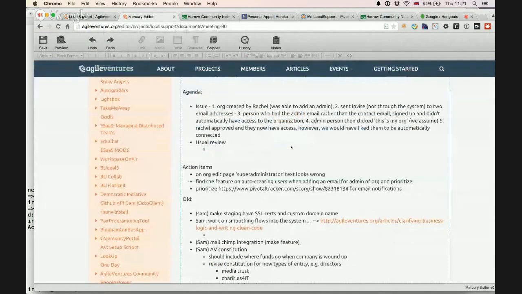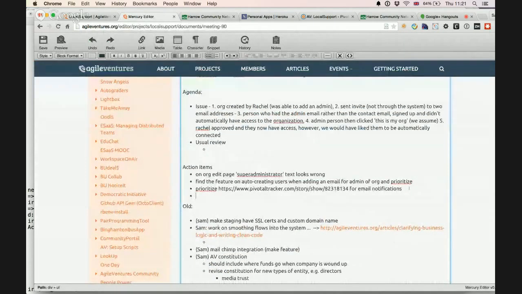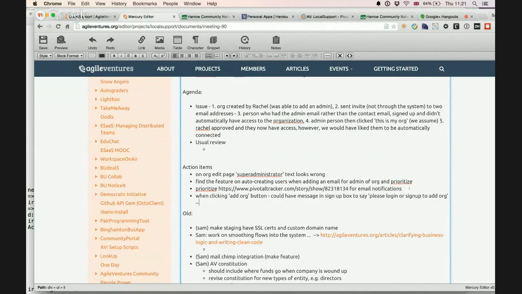So when clicking the add org button, we could have a message in the sign up box to say please log in or sign up to add org. And it makes me think similarly for the team this is my organization button.